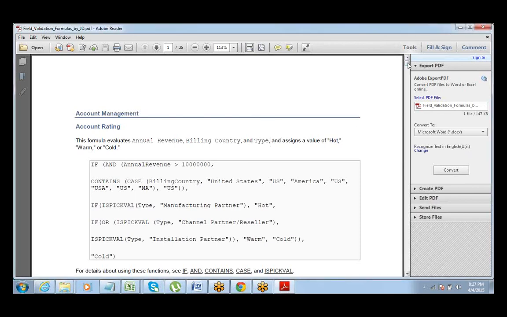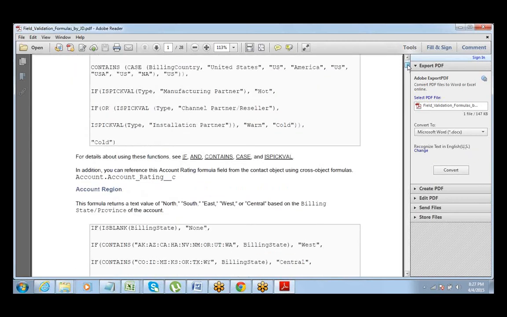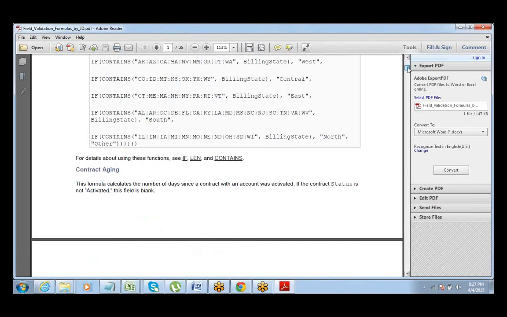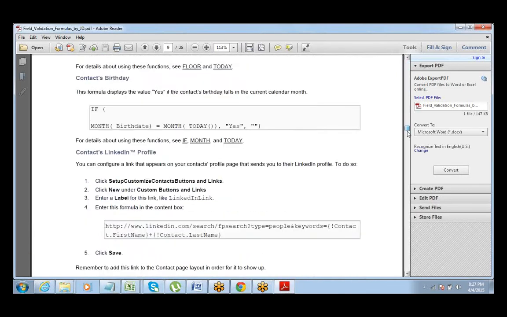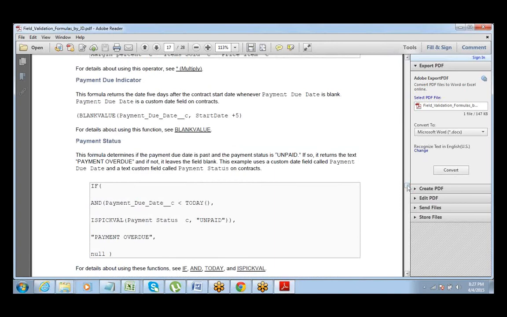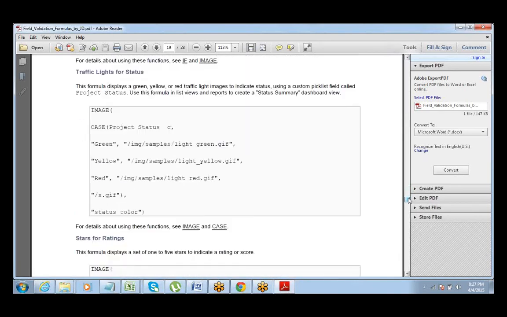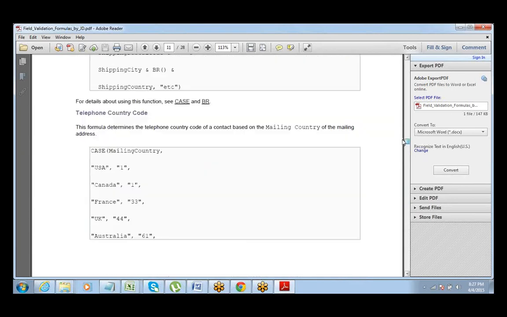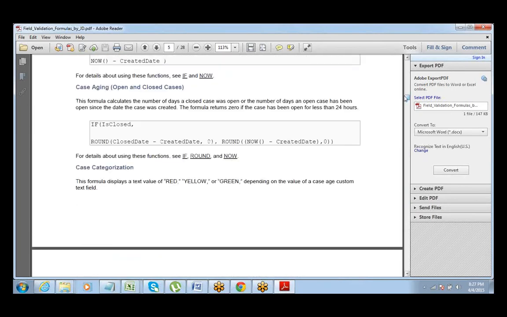So this is a PDF. It has a few good examples of formulas, use cases of formulas. You can go through this PDF. This is not something that you will be able to finish in a day, but you can definitely browse through the ones that look interesting to you. Try to write those formulas and stuff.